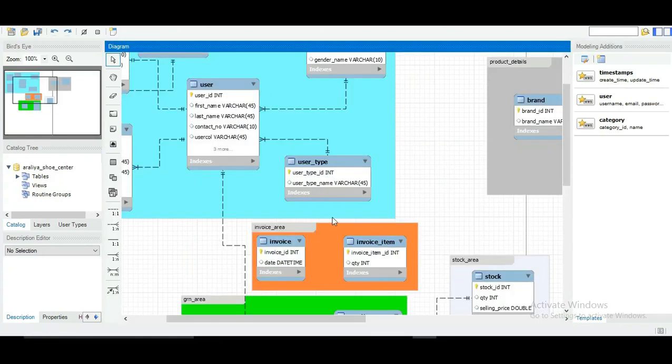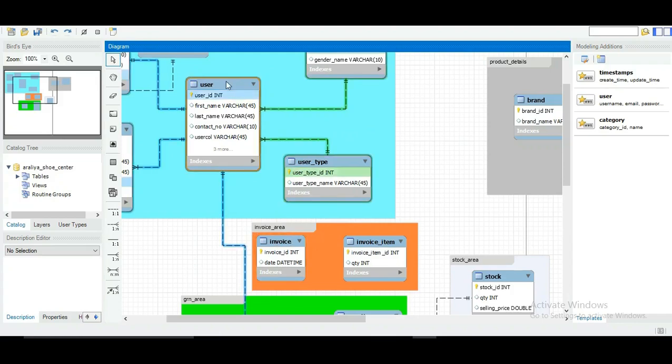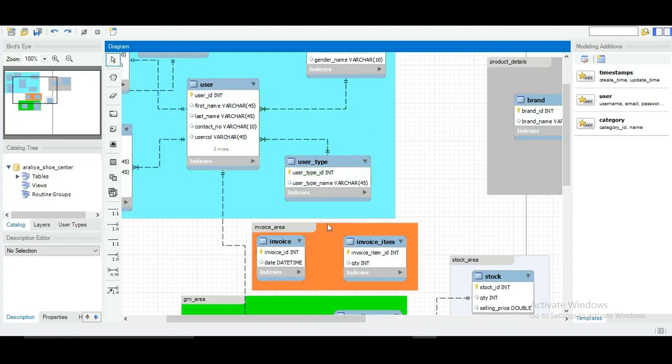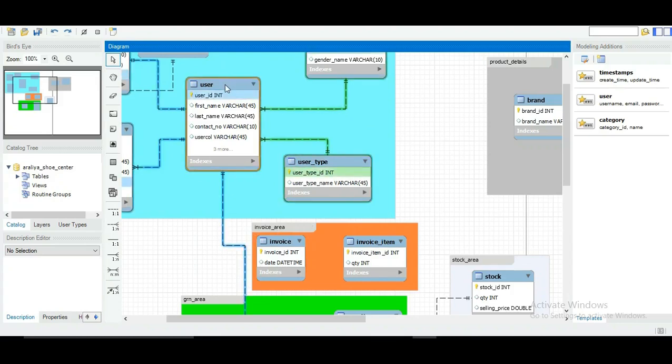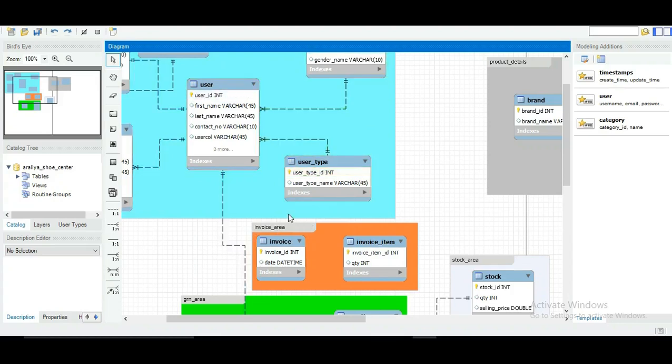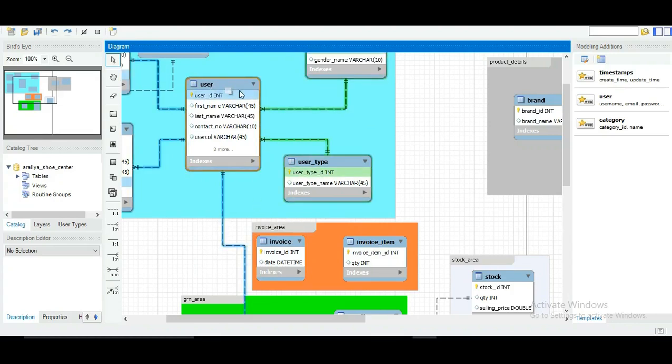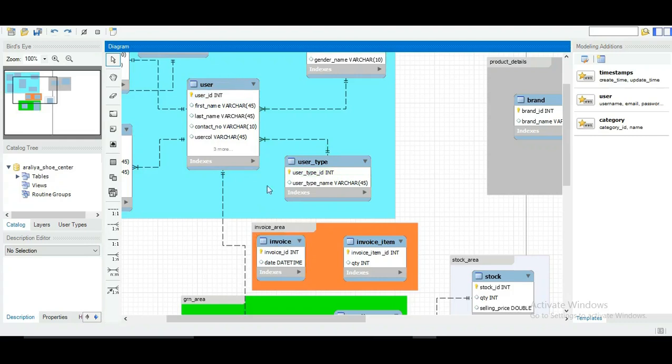So after creating this user invoice area, I'm going to next create the relationship between the user and the invoice table. So since a single user can purchase many products and have many invoices, that means there can only be a one-to-many relationship between the user and the invoice table.